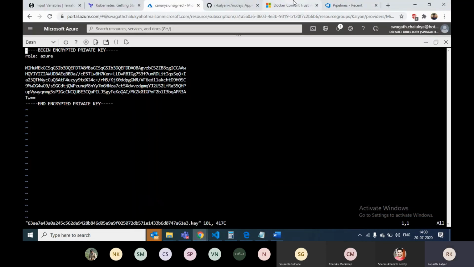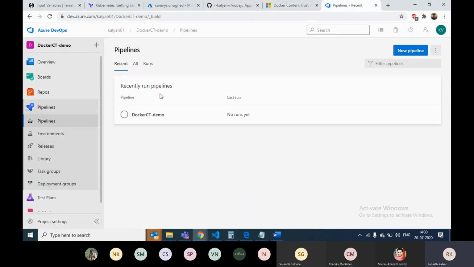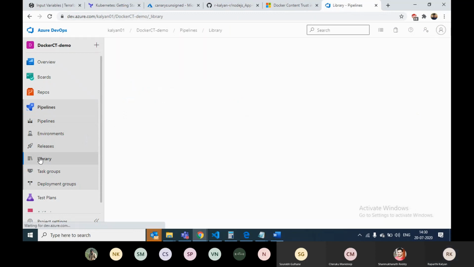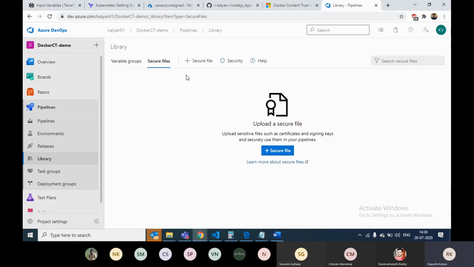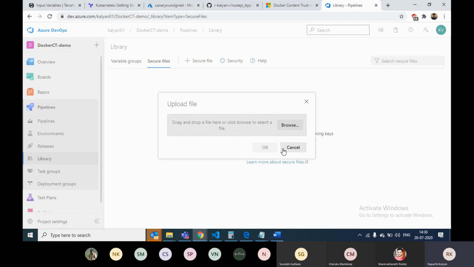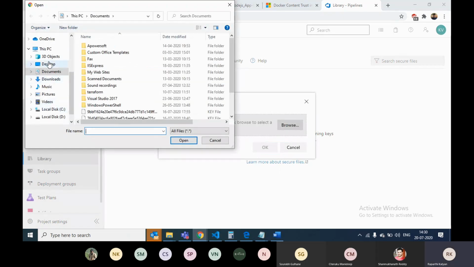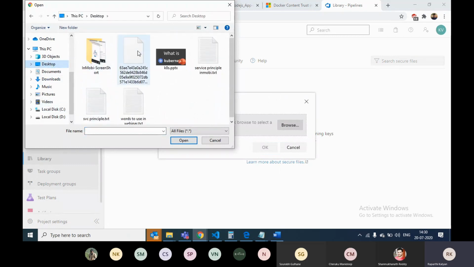This is a key with which you can do this setup anywhere. I want to secure this file, so I'll put it in the secure files inside the libraries of the pipeline. I have stored it on my desktop.